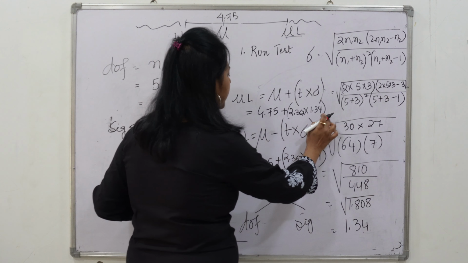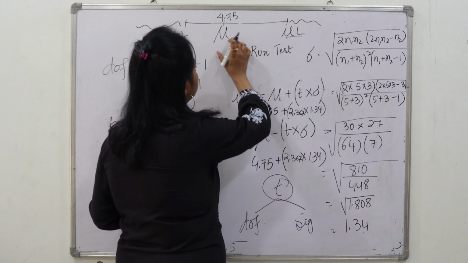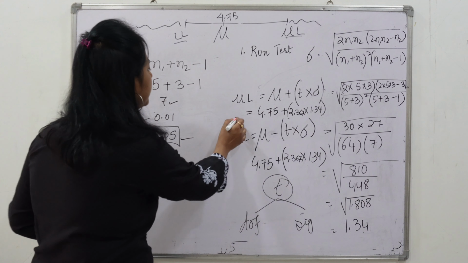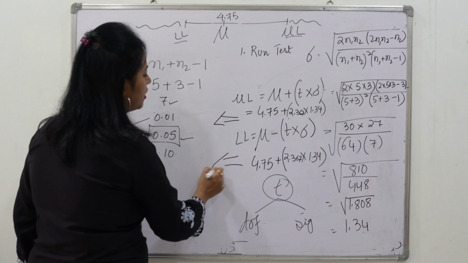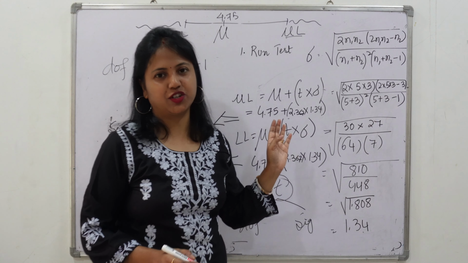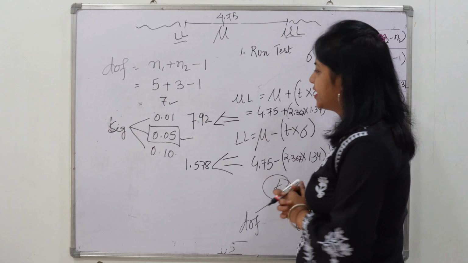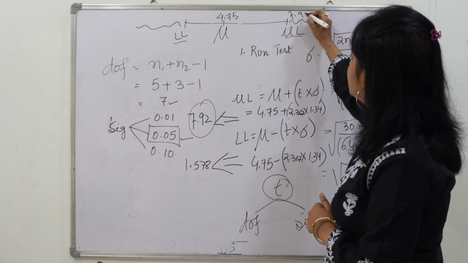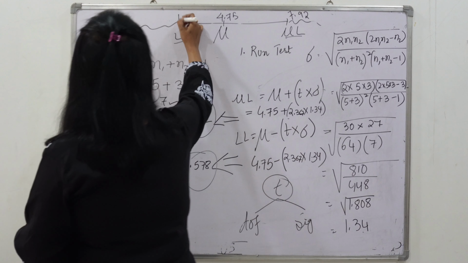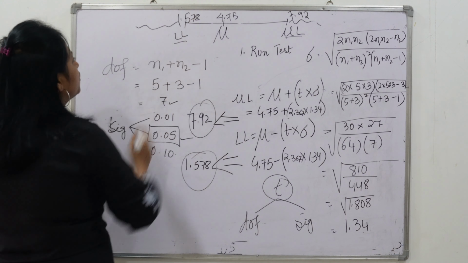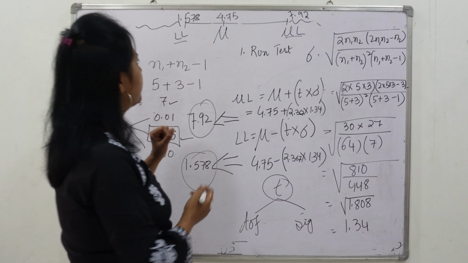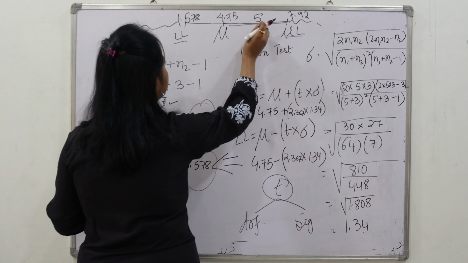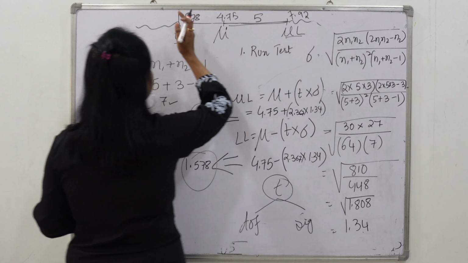2.367. Now if you simplify, you will get what should be the upper limit of these runs and what should be the lower limit of these runs. So let's calculate the upper limit, and let's calculate the lower limit by simplifying this formulation. I have calculated and I got the upper limit is 7.92, and the lower limit is 1.578. So what is my actual number of runs? 5. So 5 will fall between these and it will very well fall within this limit. So it is not crossing the upper or the lower.